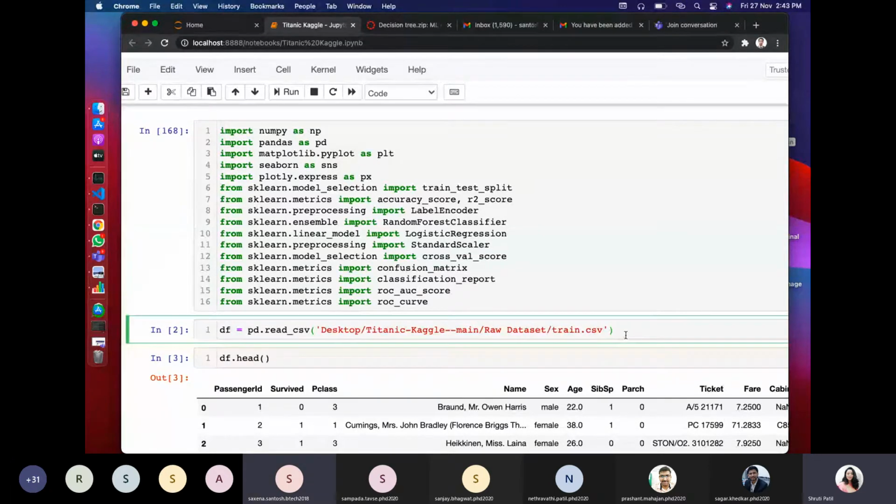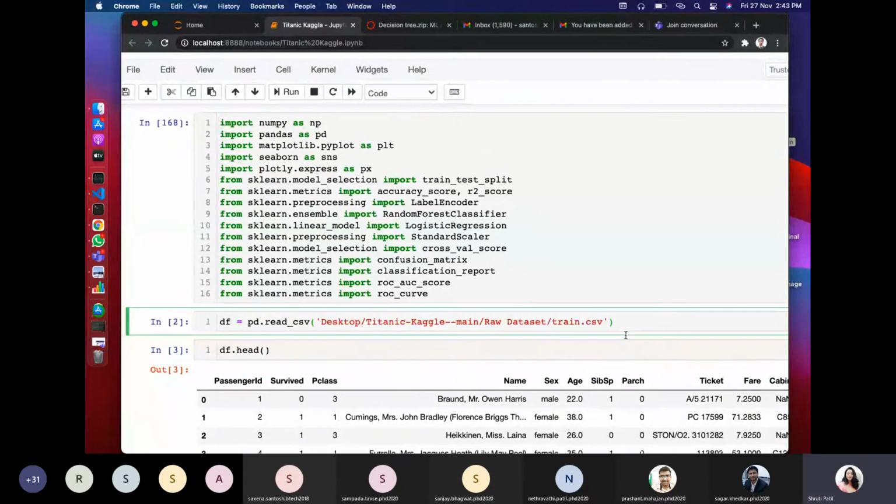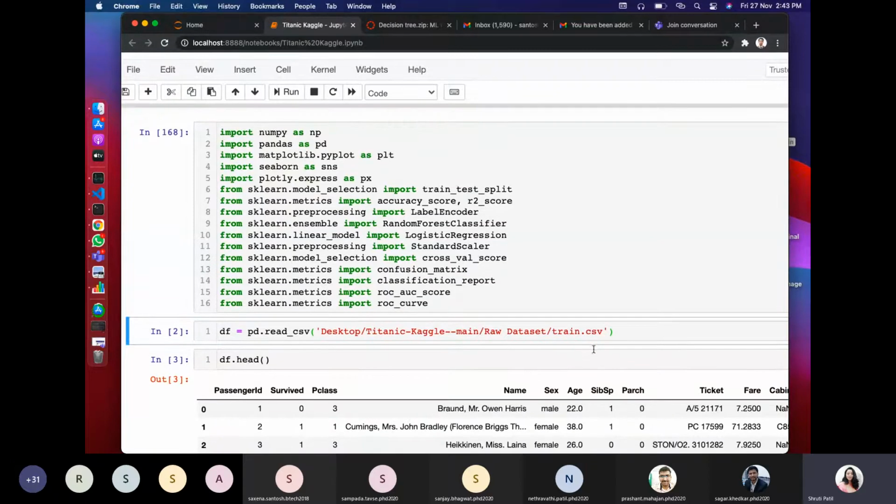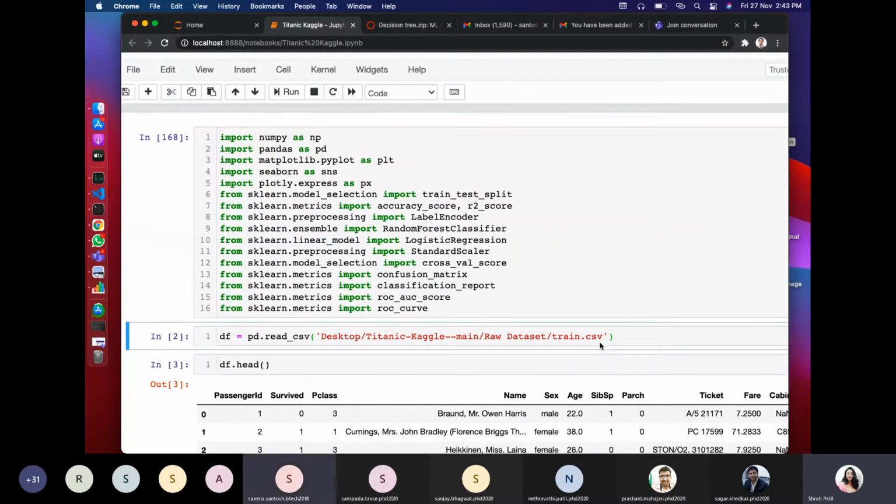Under scikit-learn, if you observe, we have taken multiple sub-modules. Some are algorithms, some are performance parameters, some are for pre-processing, and some are for calculating accuracy. So now understand the difference between sklearn and NumPy. NumPy is just one single library. It does not have multiple sub components, whereas sklearn is a framework. So sklearn has a number of sub modules or sub libraries, and depending upon our requirement, we can import the ones which are needed.